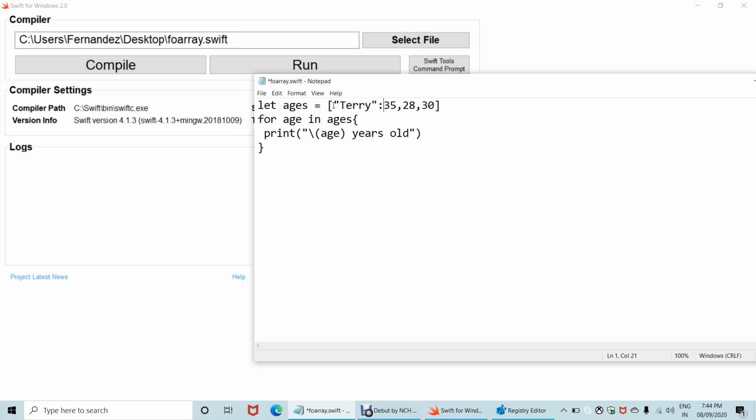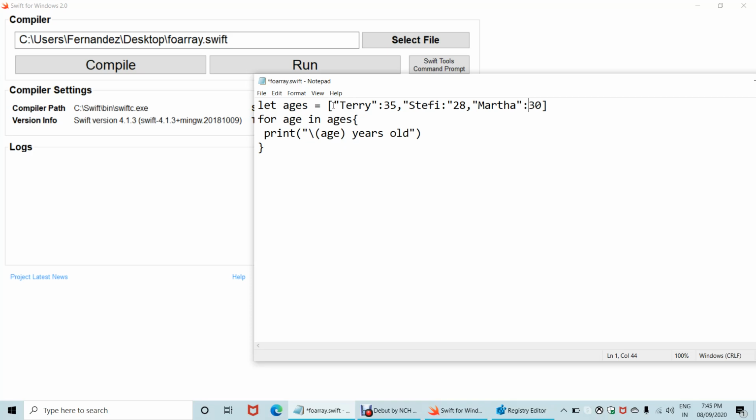Terry colon 35, Steffi colon 28, Martha colon 30. Now listen, ages is going to take a dictionary value of 3 key value pairs.